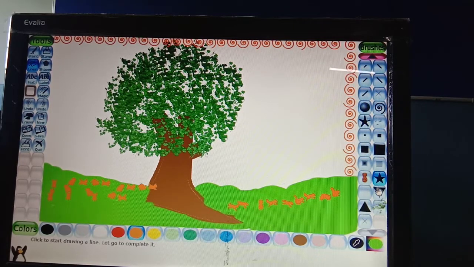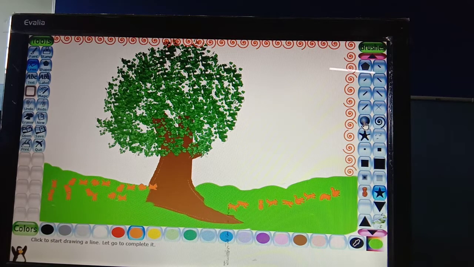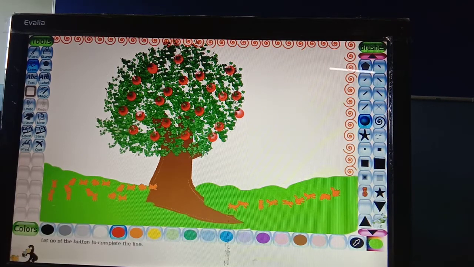And other shapes are also available there, just like this ball shape. I am taking it as a fruit of this tree. So see, this is showing an apple tree, with apples on the tree.